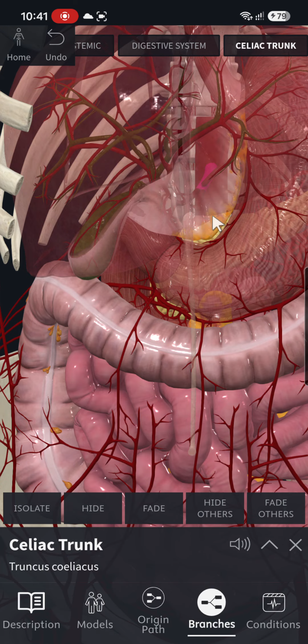As I said, there are three main branches of the aorta that come out of the aorta from its interior surface, right? And there are other branches that are smaller than these three main trunks, which are the celiac, the superior mesenteric artery, and the inferior mesenteric artery, okay? The other smaller branches, we are going to mark them by the main trunks, okay? So the first one